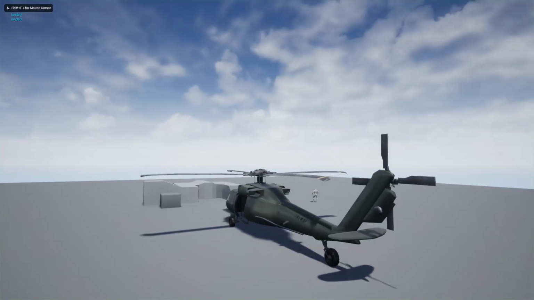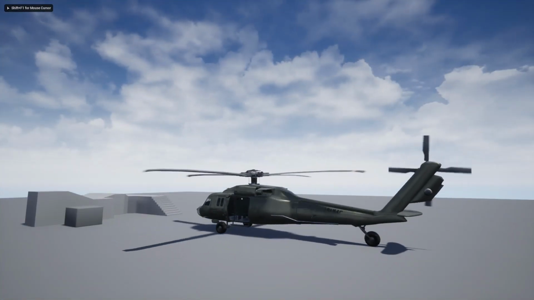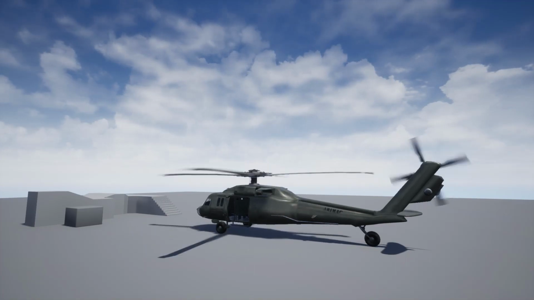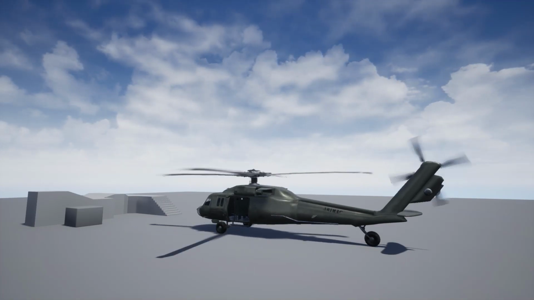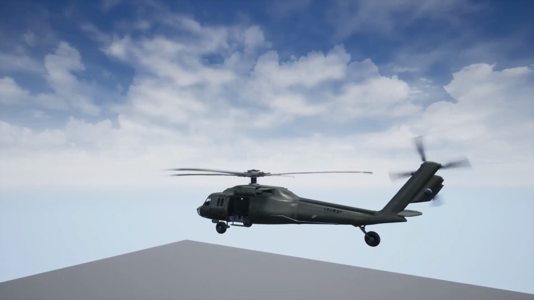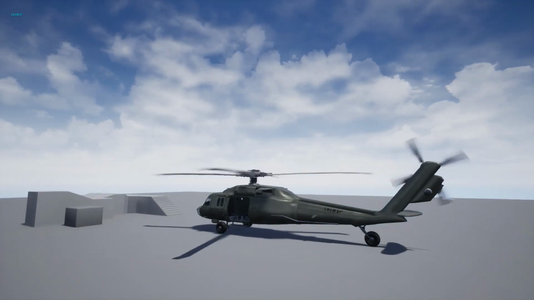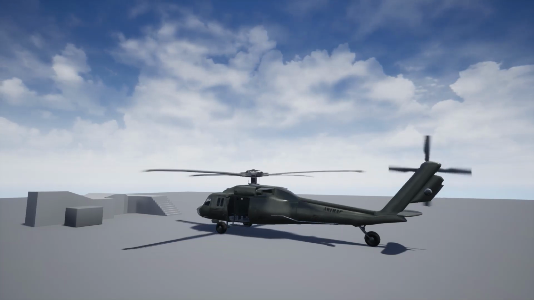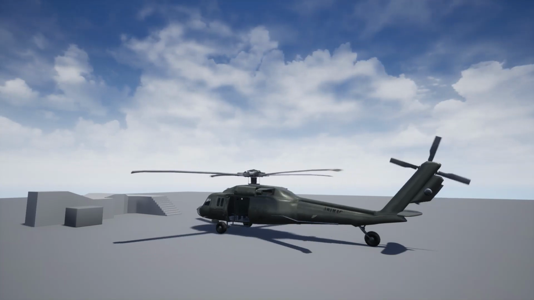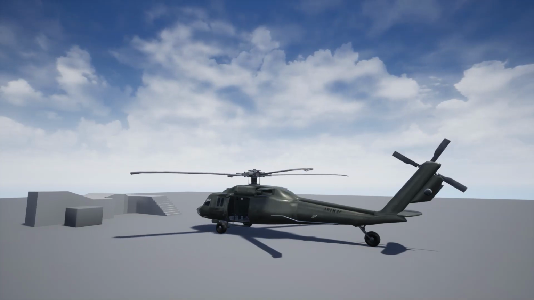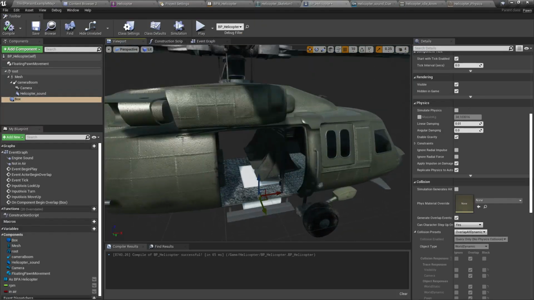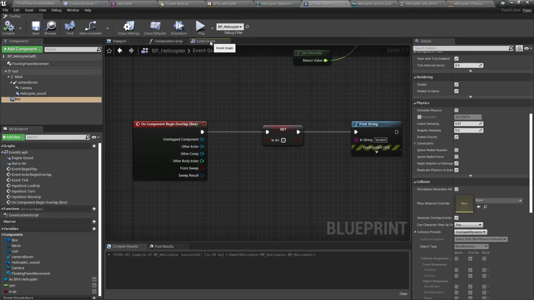Now this is what happens. I can lift off the ground, and I can move down as well. And if I keep control pressed, the chopper will stop the engine like this. Alright, now let's fine tune the move up and move down speed, because